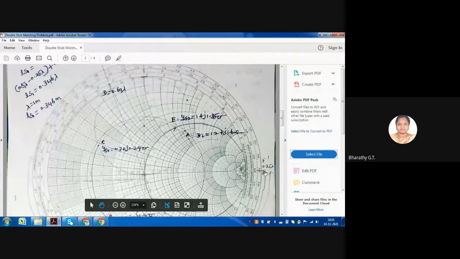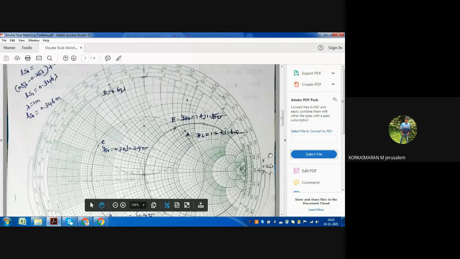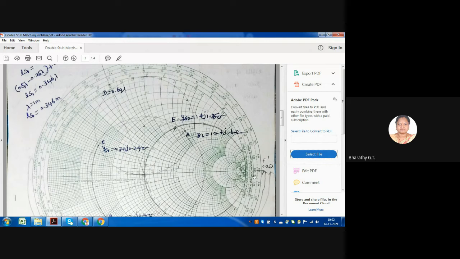Mark the short circuit. We are calculating the short circuit stub; we are going to calculate the length of the short circuit stub. So mark the point F, the short circuit stub end. If you extend it on the line, you will get F dash. So that will be 0.25 lambda. So 0.25 lambda is the short circuit stub point, F and F dash. Once you have marked that, what do you do next?